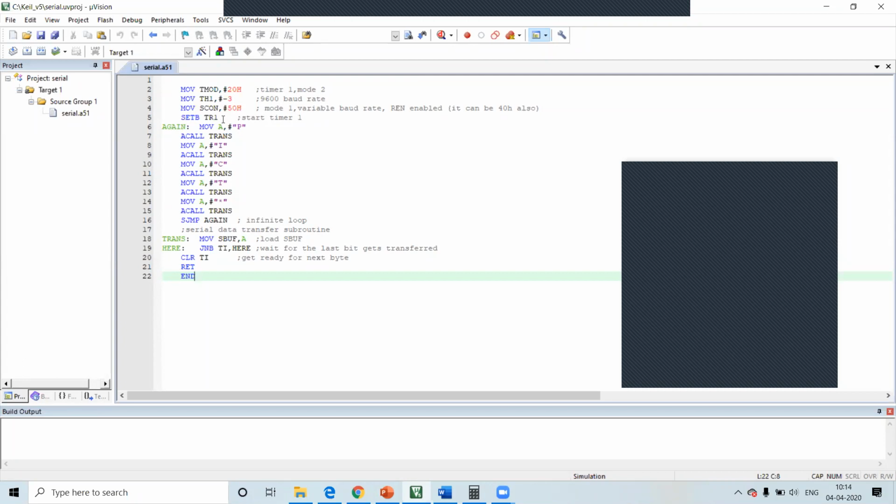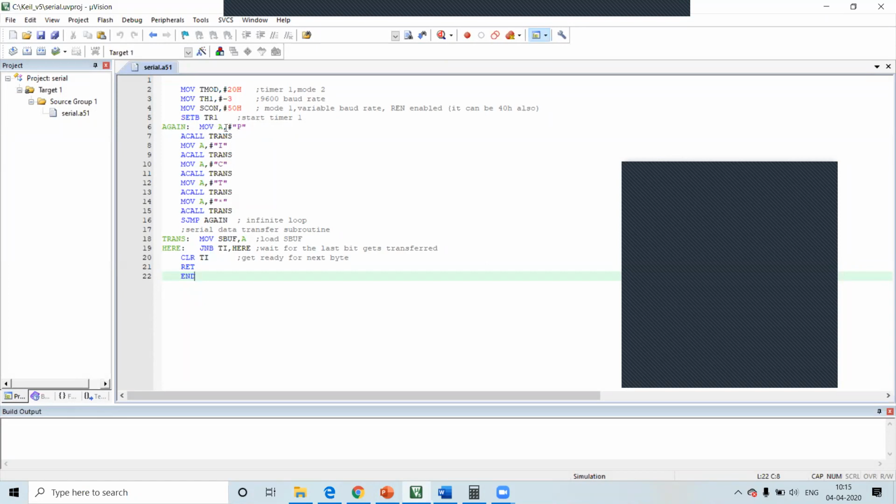Then TR1 is set, so that timer 1 is started. Then the accumulator is loaded with the value P. Either you can write P within the double quotation marks, or you can write the hexadecimal equivalent of the ASCII value of P. If you know the ASCII values, you can directly write them. Otherwise, writing the character in quotation is easier.